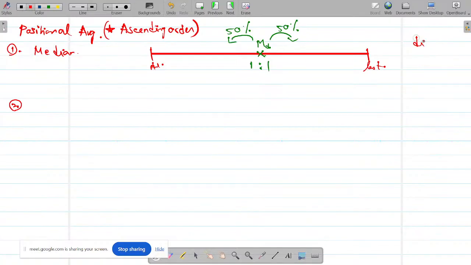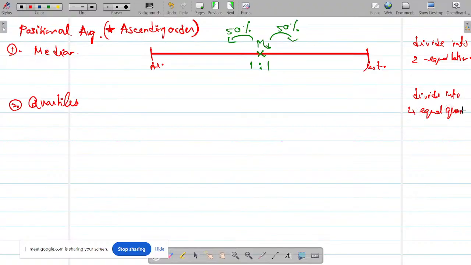Okay. So what you do? Divide into two equal halves. Okay. Instead of dividing, if I divide into 4 equal quarters, we'll call these quartiles, which means we divide into 4 equal parts or 4 equal quarters. So if I represent this using a line,